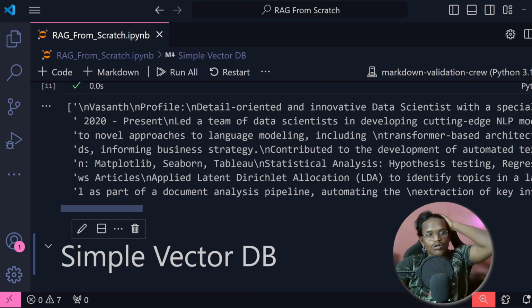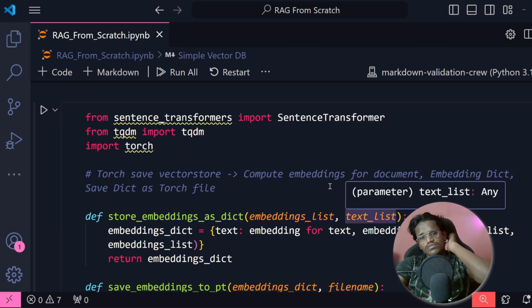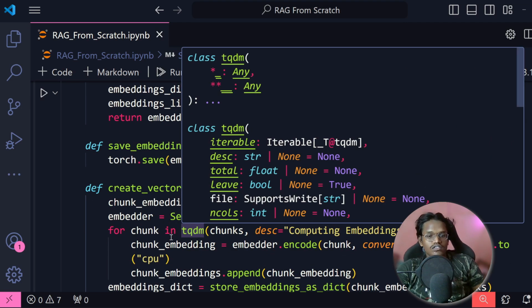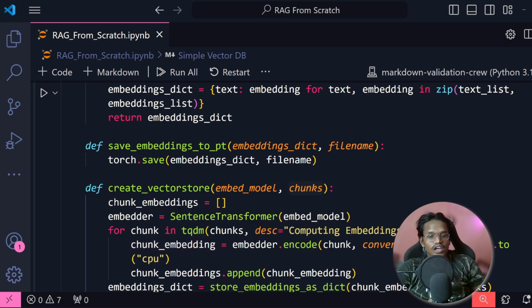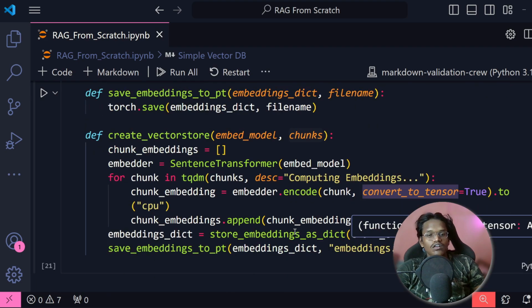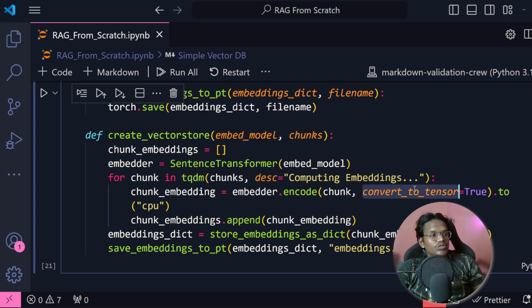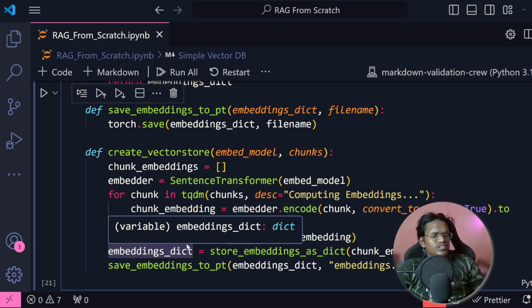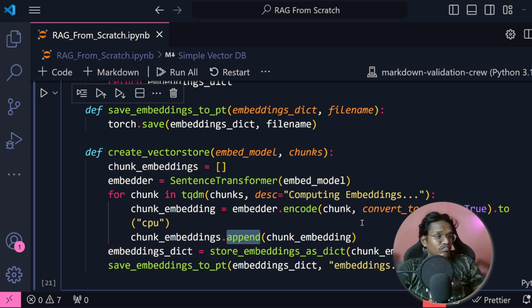Okay, now this is also done. What happens is you'll go through the chunks, and each chunk will be encoded and stored as a tensor. So for that we need to convert it into a tensor. We'll append that into this list, chunk embeddings. Once this computation of embeddings is completed for all the chunks, be it 1000 or 10,000,